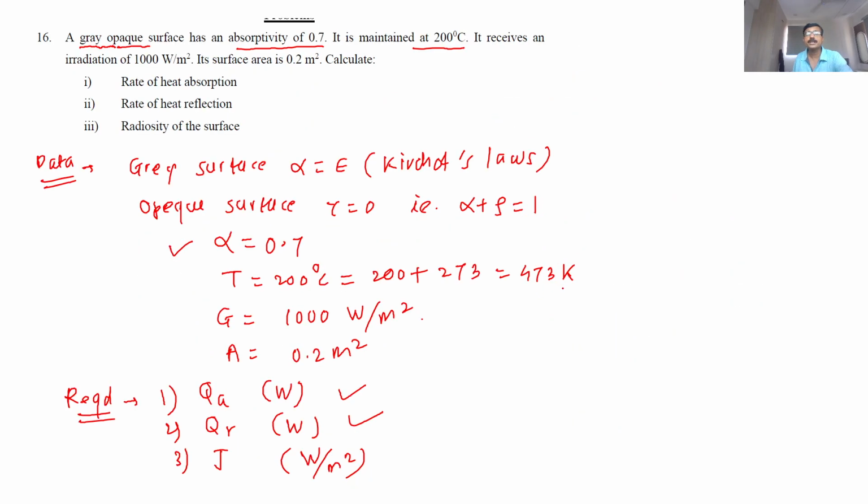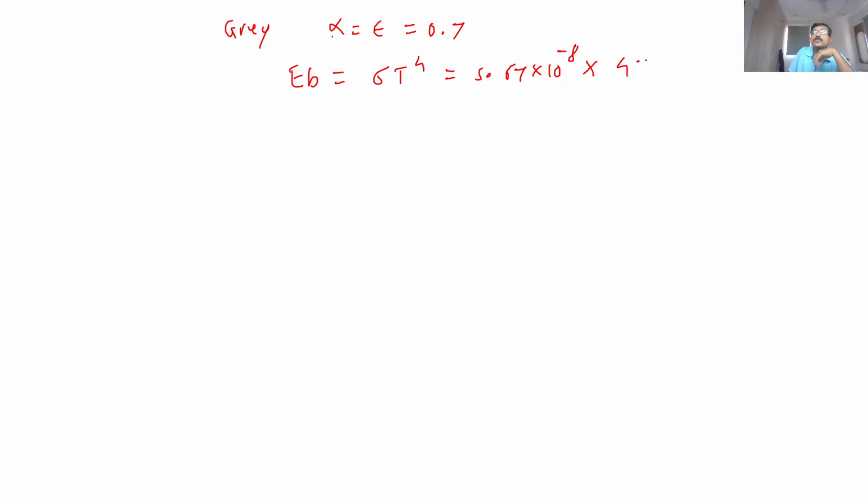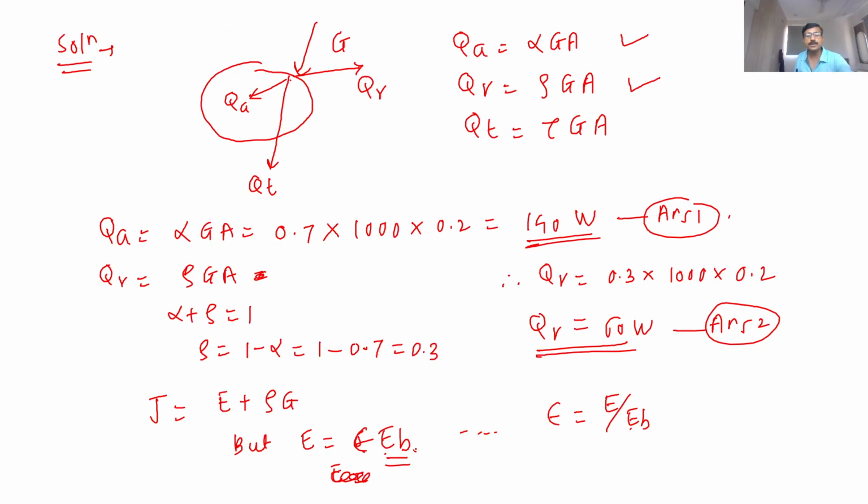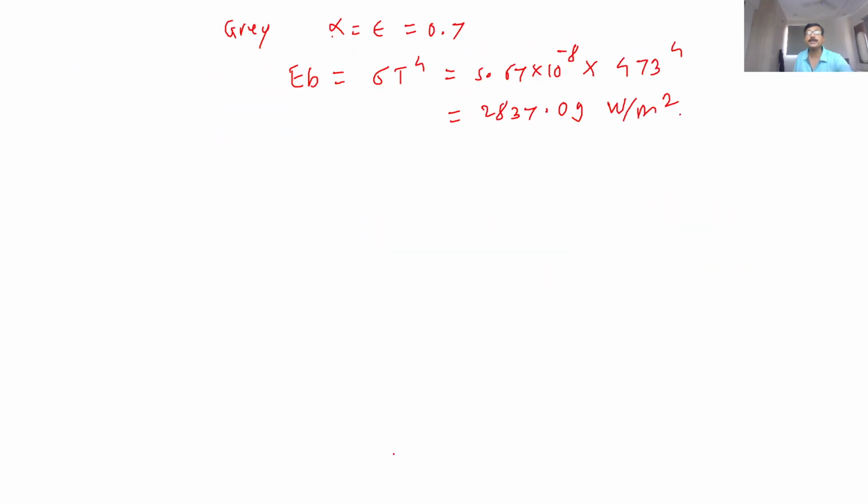Just I am going back to the data. 473 raised to 4. So the emissive power of a black body is coming as 2837.09 watt per meter square. Okay, that is Eb. Now how to get E from Eb? E is equal to epsilon Eb. Epsilon value is 0.7 into 2837.09. So the value of E is